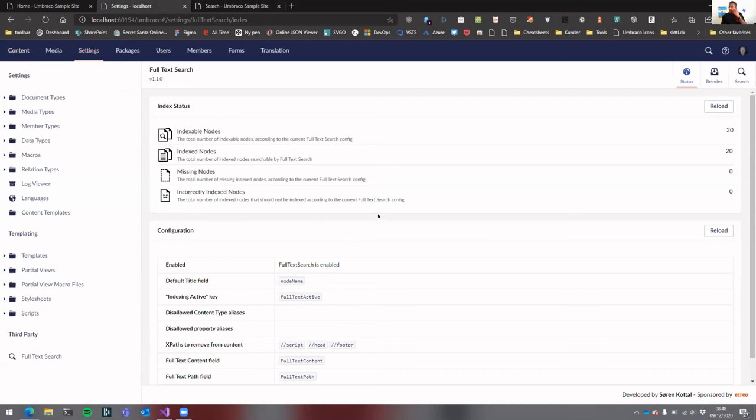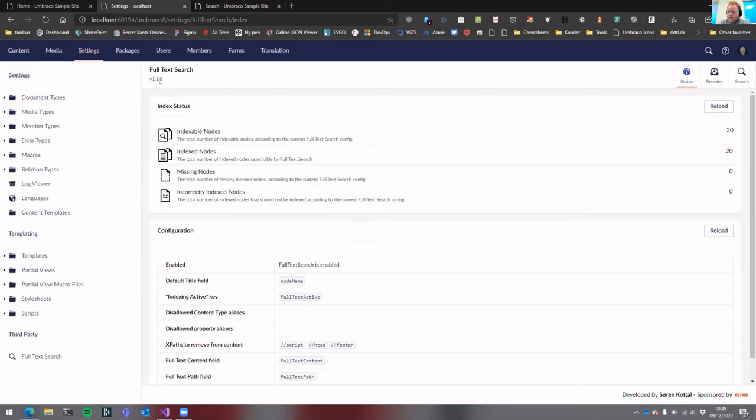Cool. Thanks for that, Søren. One question, and this is out of curiosity: how does it do it in the background? So when you said whenever you publish a page, it gets indexed, what does it do? Does it make a sort of HTTP request and pull the data, or how does that happen? Yeah, the first version did the HTTP requests to get the page content, but in the latest version